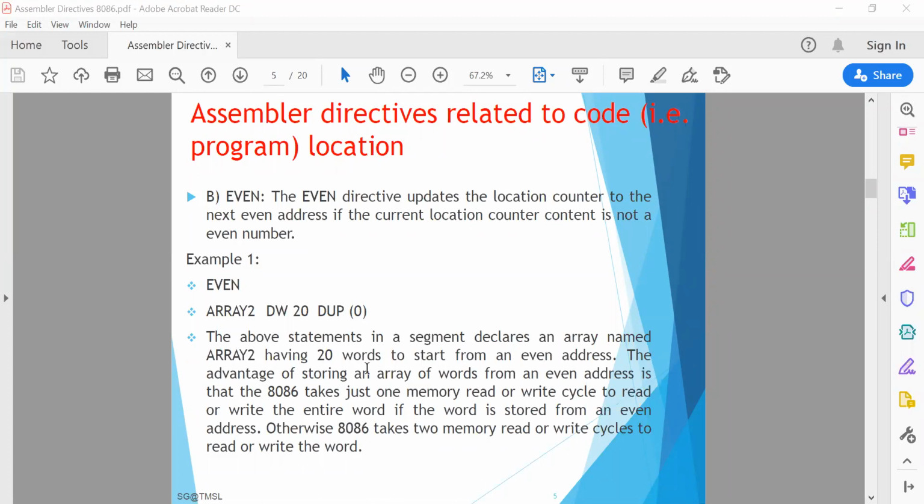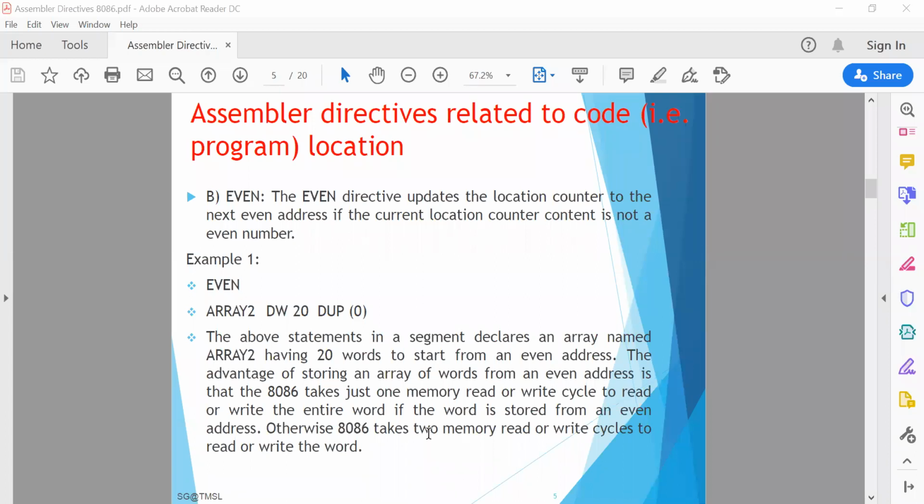The advantage of storing an array of words from an even address is that the 8086 takes just one memory read or write cycle to read or write the entire word if the word is stored from an even address. Otherwise, 8086 takes two memory read or write cycles if it is in an odd address. 8086 has two banks, an even bank and an odd bank.